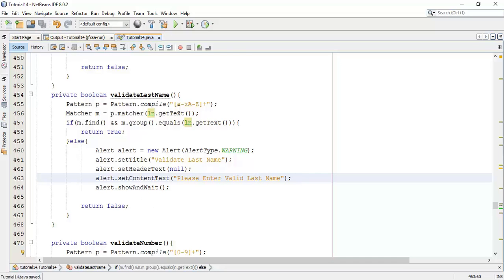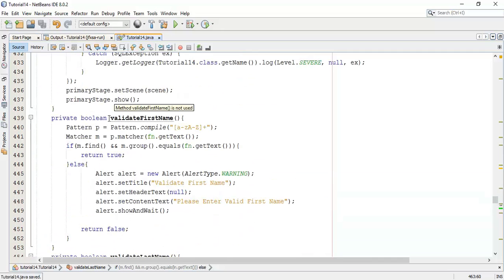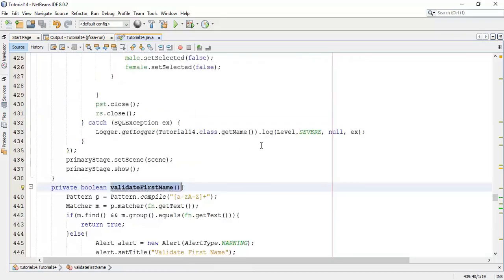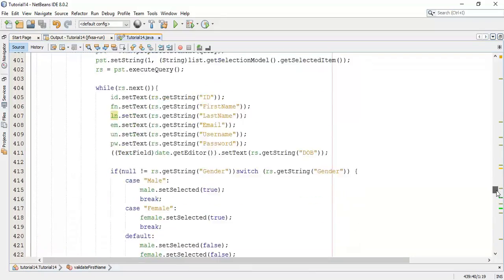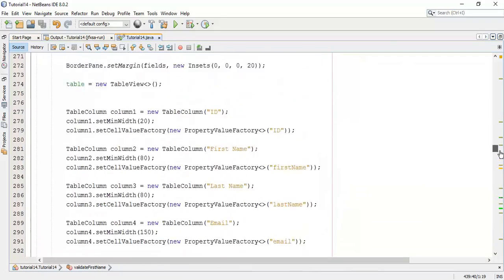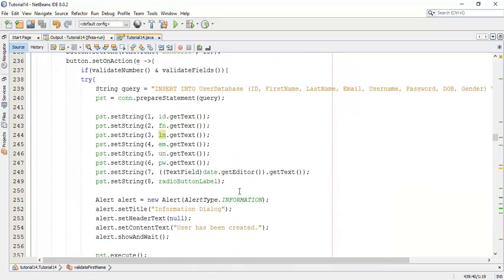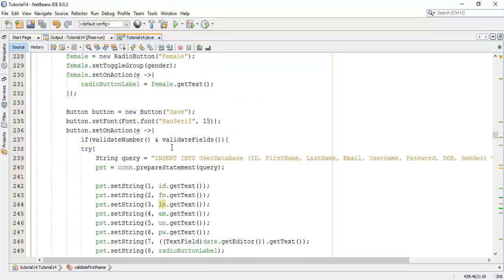Save this. Now I'm going to add this validation name class into the save button action. Whenever we press save, it must validate the fields.